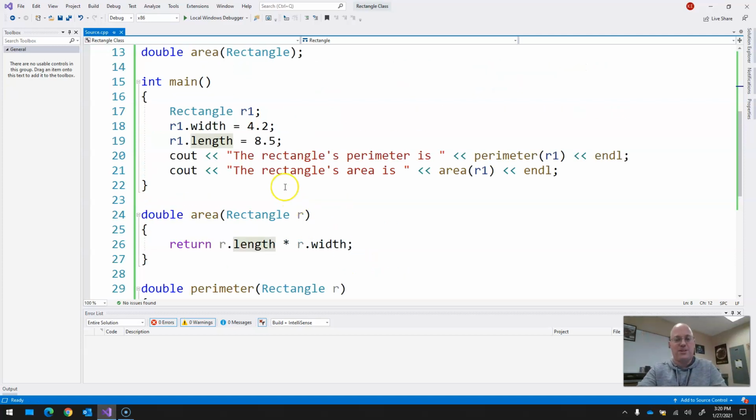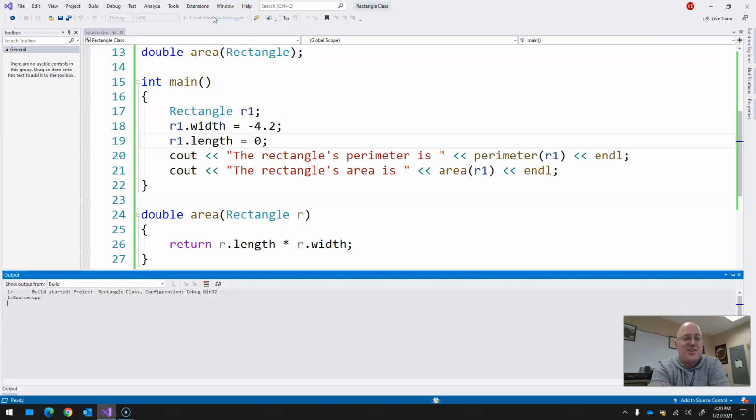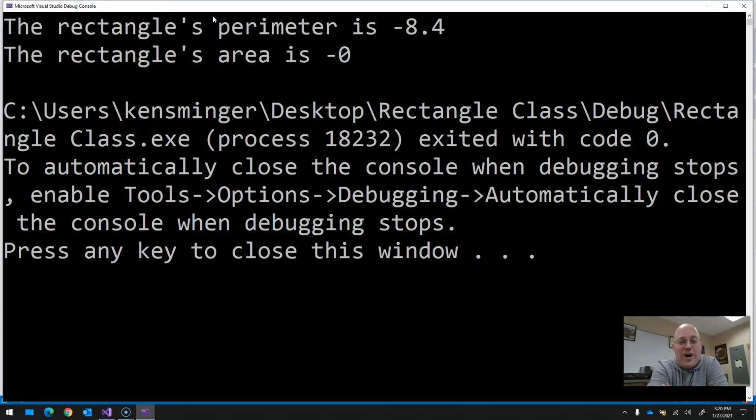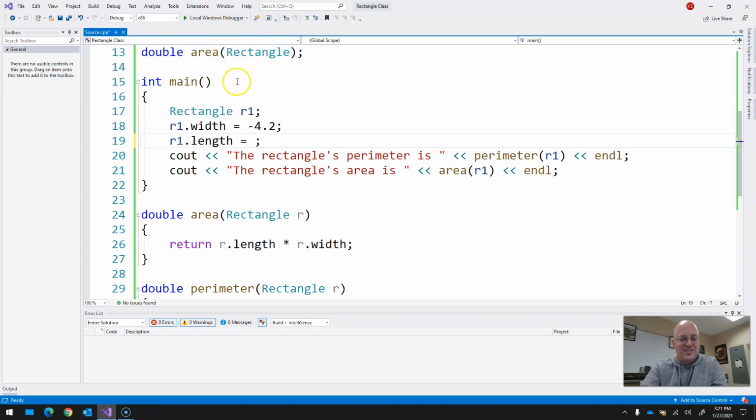Well, what's wrong with it would be, what if I do stupid things like this? I'm going to do negative 4.2 and 0. Let me run that. Because the computer doesn't know diddly squat about a rectangle. It has no idea what a rectangle is. This is only something that makes sense to human beings. A computer does not understand that a perimeter cannot be negative 8.4. The computer does not understand that an area can't be negative 0. And what in the world is negative 0? That clearly makes no sense. And so,